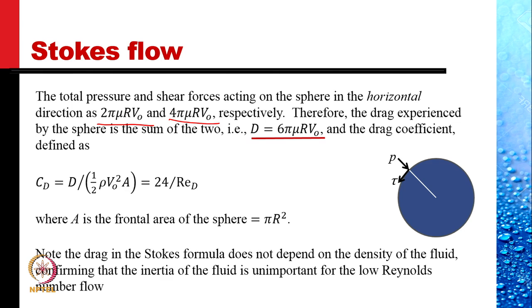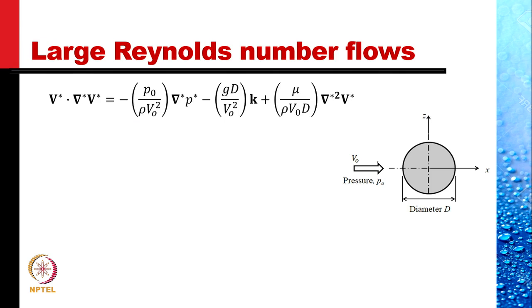This should give you some confidence in the way we propose to make approximations. For studying the large Reynolds number flow, we manipulate the terms such that the coefficient of the convective acceleration is 1, and then the coefficient of the viscous term becomes 1 over Re, 1 over Reynolds number. When Reynolds number is large, clearly this drops out.